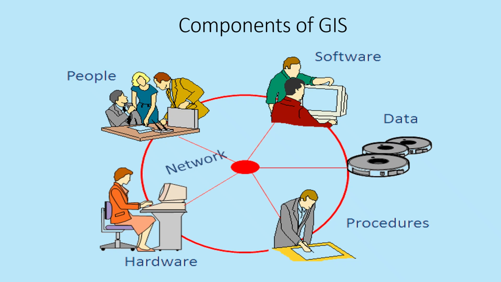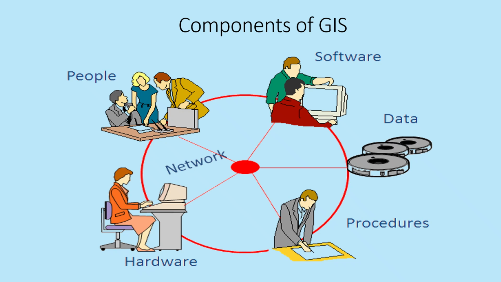GIS consists of 5 core components: hardware, software, data, people, and methods, and each plays an essential role in the functioning of a geographic information system. Hardware includes computers, servers, GPS devices, scanners, drones, and other equipment used to collect, store, and process spatial data. Software refers to GIS applications such as QGIS, ArcGIS, or other mapping tools that allow users to analyze and visualize